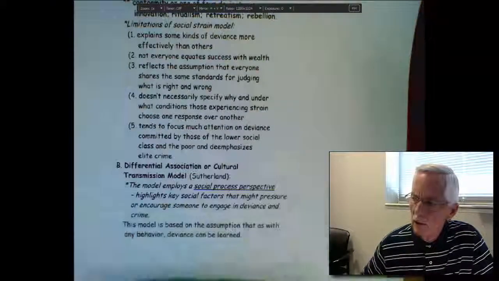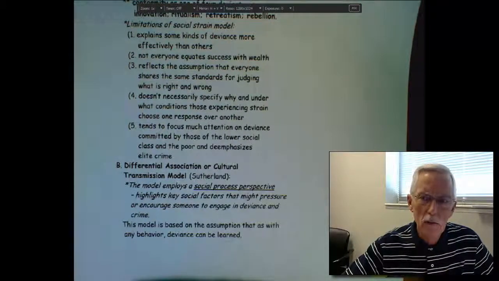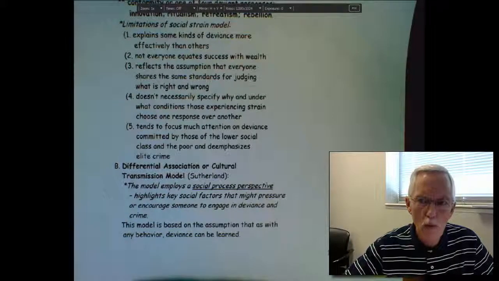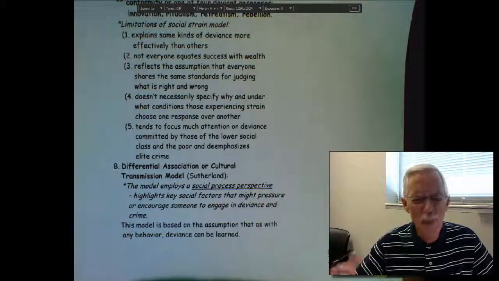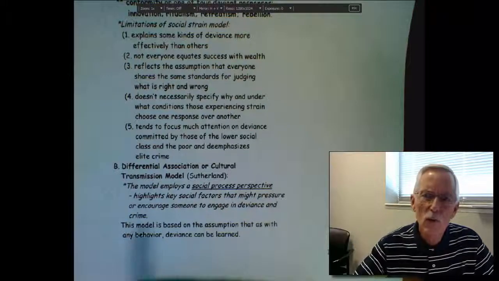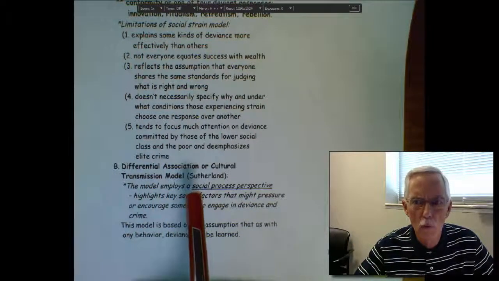Now, in this lesson, we're going to examine a model developed by Sutherland. Also, Creasy supported him in the research. It has a variety of different titles. More often than not, it's referred to as the differential association model, but it's sometimes also called the cultural transmission